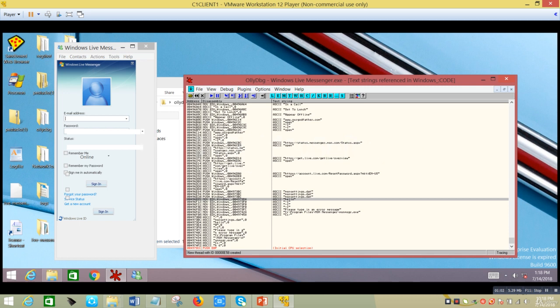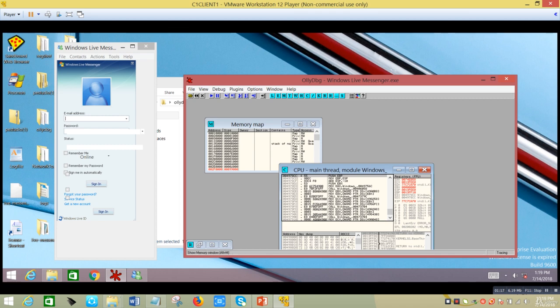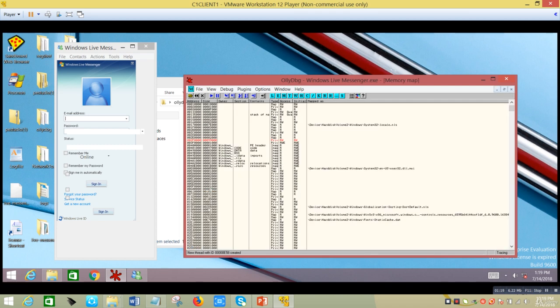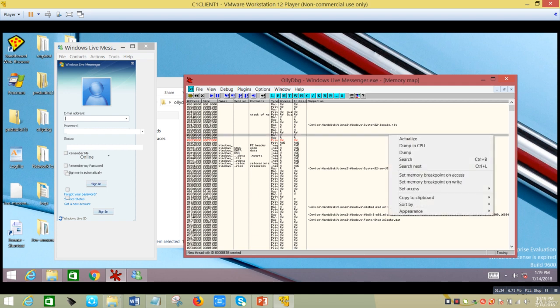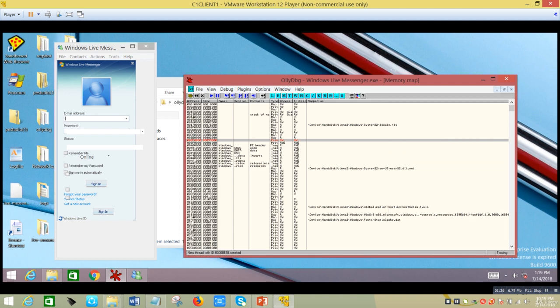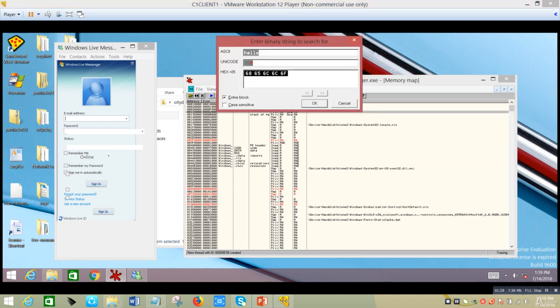And what I think would be fun as an exercise is to actually verify what those parameters do. In order to do so, I'll minimize this, and I'll use a memory map. Right click, and I'll do a binary search for the word hello. I'm trying to find the word hello, so I typed in hello in the binary string search, and let's press